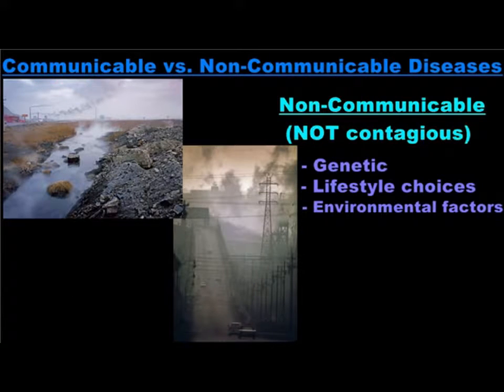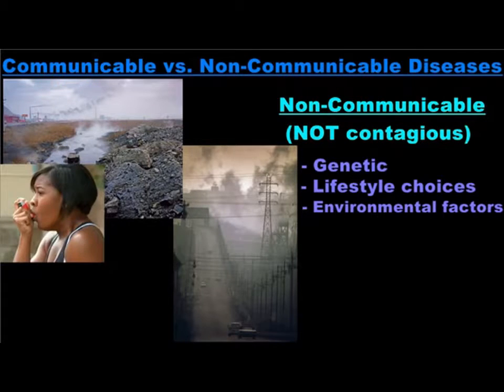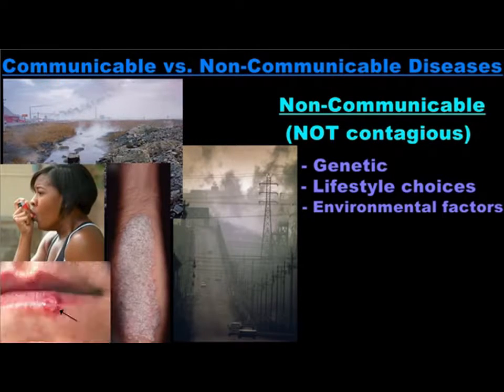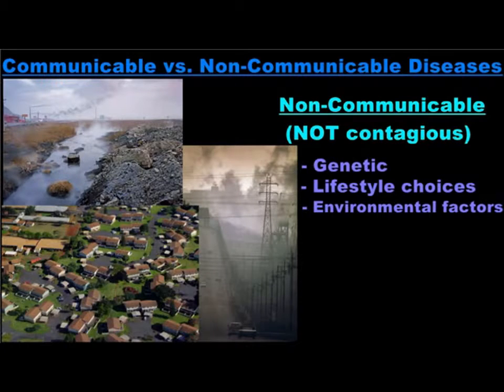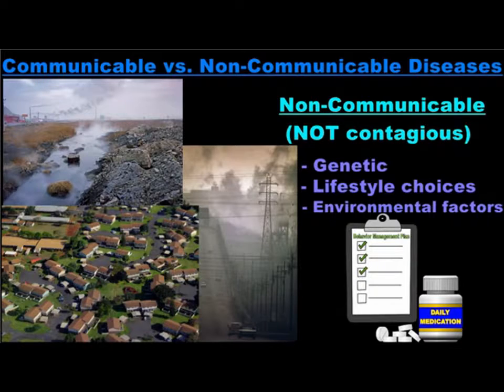Environmental factors can also serve as triggers for other diseases like asthma, psoriasis, or herpes. Environmentally induced illnesses may be experienced by many people in a community, not because they are contagious, but rather because the people of the community share the same environment. Diseases caused by environmental factors often become chronic conditions that an individual will have to manage for extended periods of time with medications or other treatments.